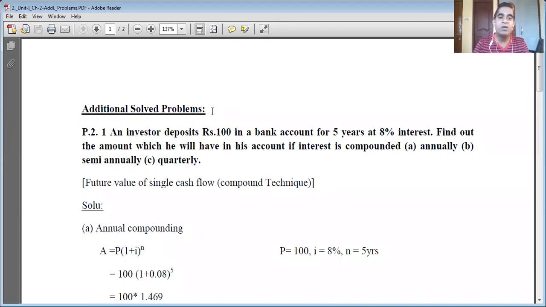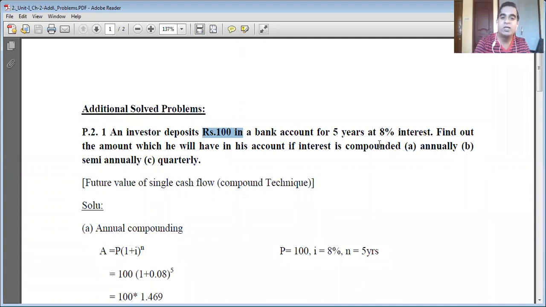So how can you find out? You have to ask one question for yourself: whether you have to convert present sum into future sum or future sum into present sum. The meaning of this sentence will make you understand that. There is no other alternative. Your English, reading skills and understanding should be good, and also general knowledge, common sense we call it. If you are going to deposit 100 rupees, definitely you are planning to find out how much amount you are going to receive after 5 years. So it asks you to convert the present sum of 100 rupees into future sum.